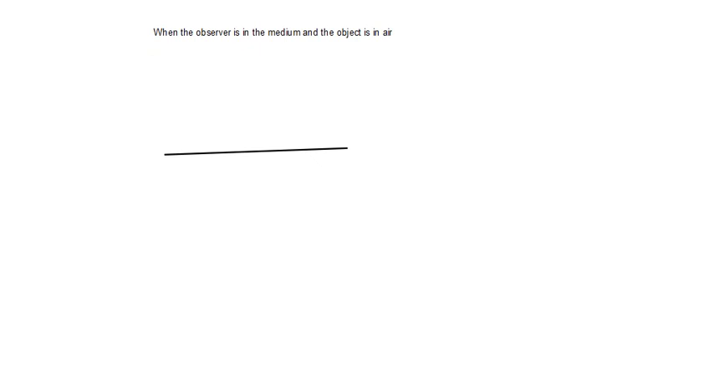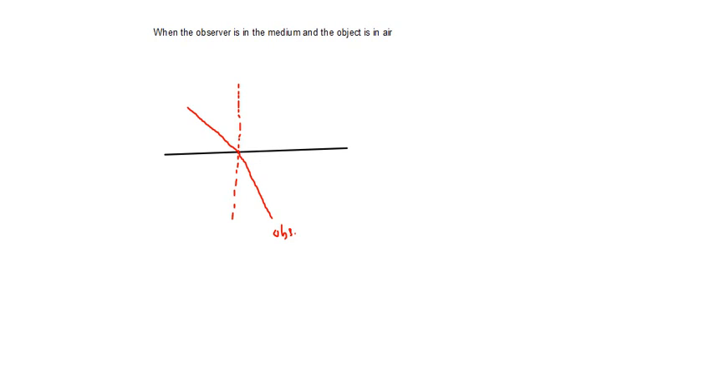So to do so, let's say here is the object. So this is a ray. This is a ray coming from the object, because if the ray comes from the object and goes to the observer's eye, then only the observer will have this sensation that it is looking at the object, right or not? So this is the normal now, and here is the observer,